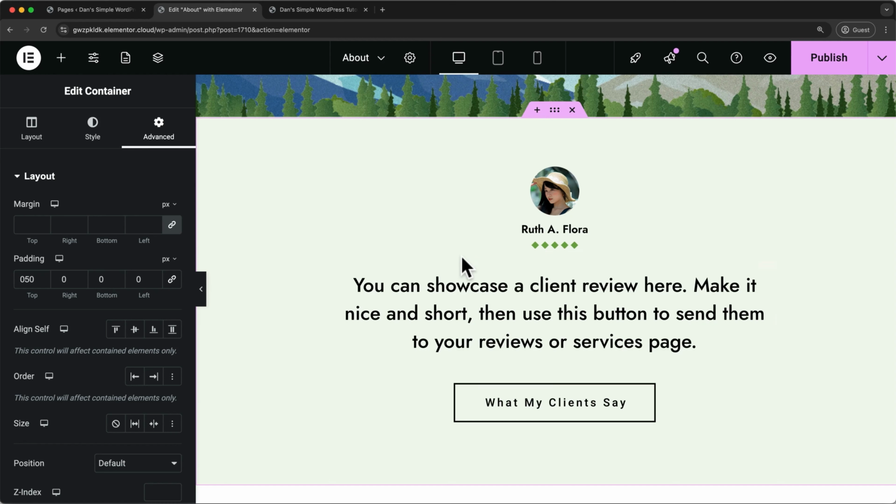Next, let's take a look at how to change the default fonts and colors on our website. Not just the colors and fonts on the individual element level, but across the entire website. We need to do this at the WordPress level as a whole. So let's save our draft,